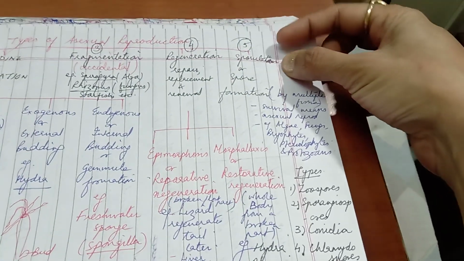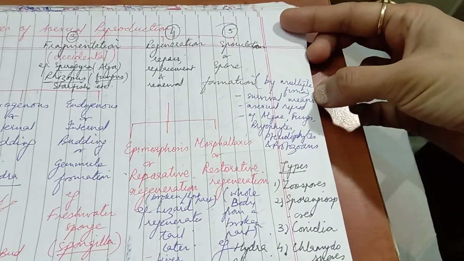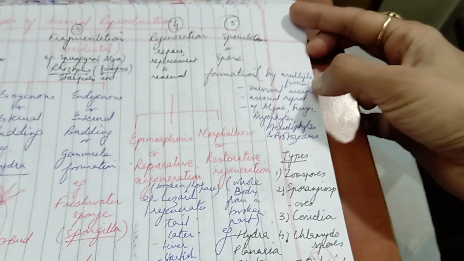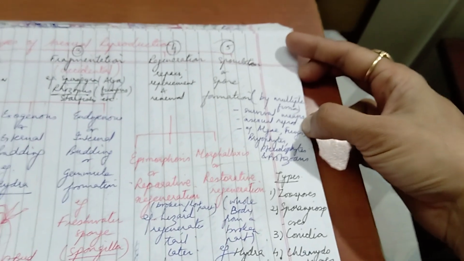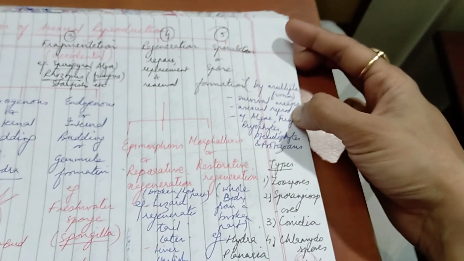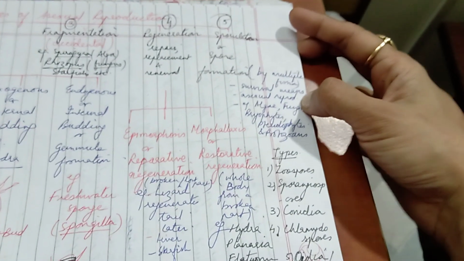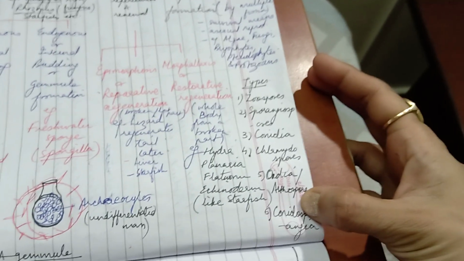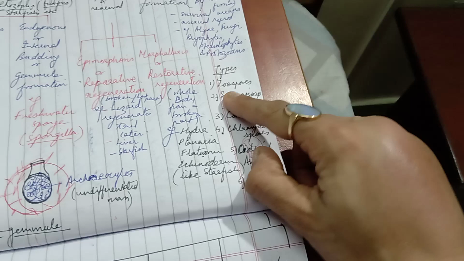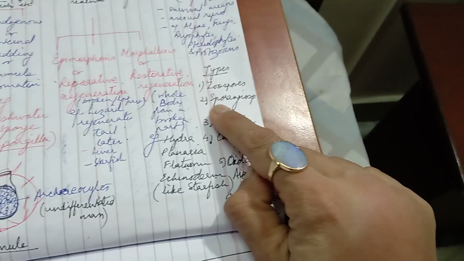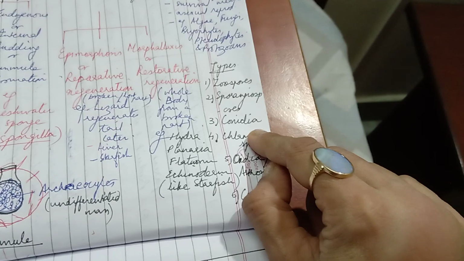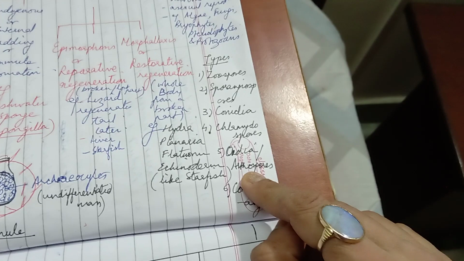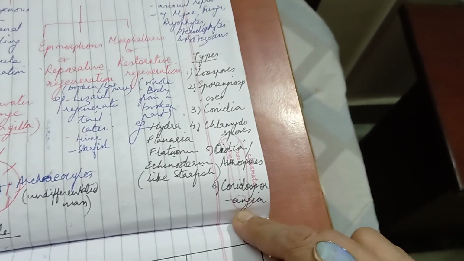So what is sporulation? You should have understood that this is the formation of spores by asexual method, that is by multiple fission, right? Where many spores will be formed, and this is also means to survive under unfavorable condition apart from being an asexual method. Now there are many types of spores that are formed. Basically there are 6 types of spores that are formed, and herein, if you can read this: zoospores, number 1, sporangiospores, conidia, chlamydospores, oidea, also called arthrospores, and conidiosporangia.